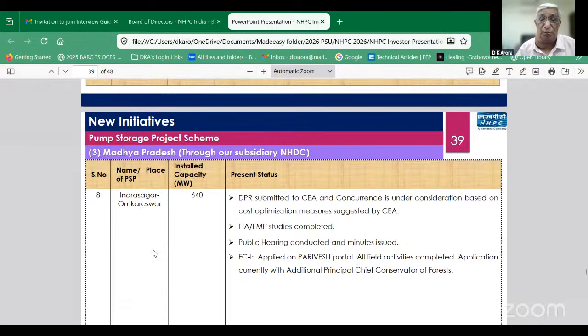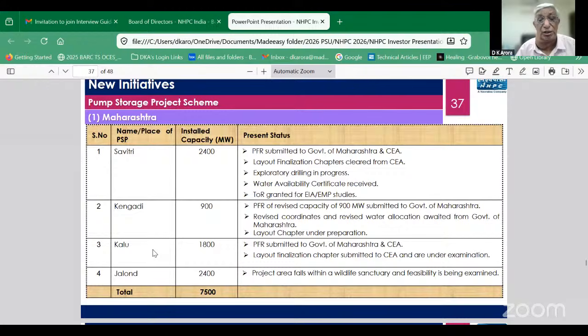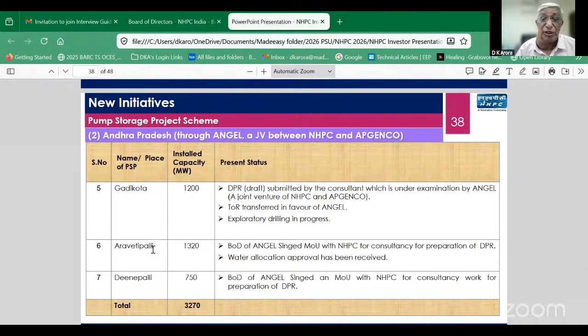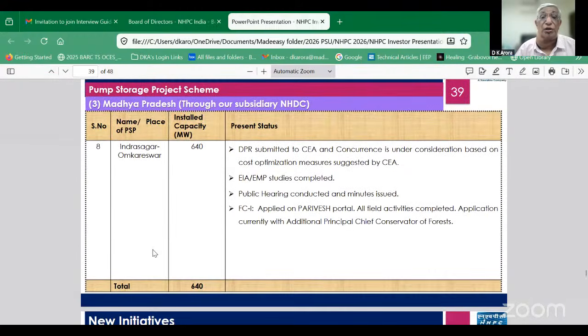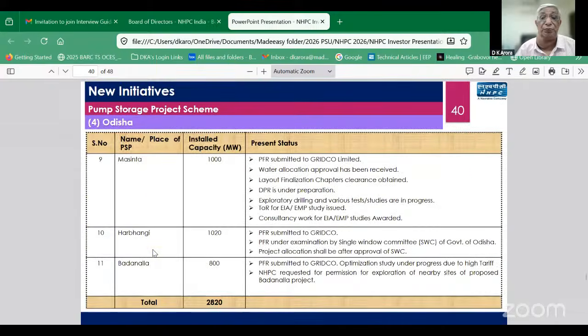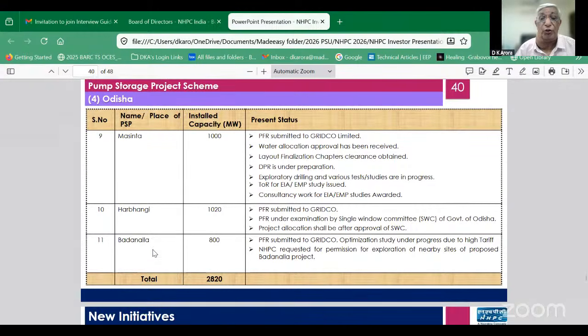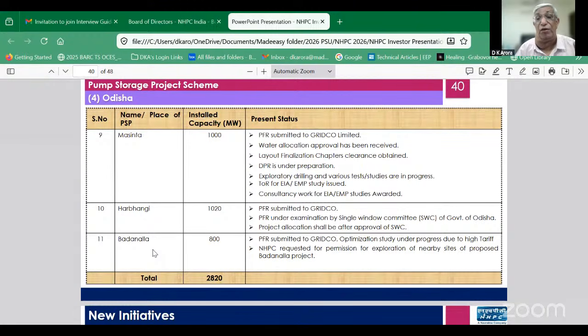present in number of places. They are present in, let's take a look at the states. Maharashtra, they are adding a total capacity of 7,500 megawatt. But of course, these are projects under various stages. Andhra Pradesh, it's a joint venture between NHPC and the AP Genco, the Andhra Pradesh Power Generation Company. They are working on adding 3,270 megawatts. In case of Madhya Pradesh, it's 640 megawatts. Then Odisha, they are adding 2020 megawatt. But these are all projects at various stages, at detailed project report, at some clearances obtained, some DPR under preparation,